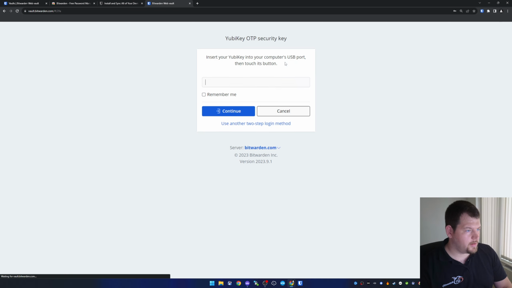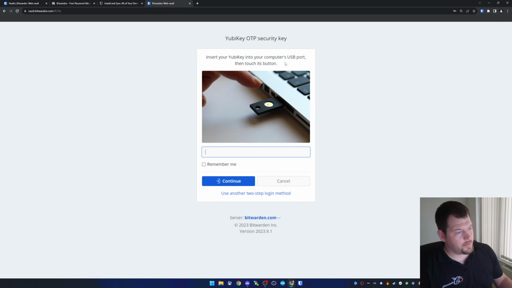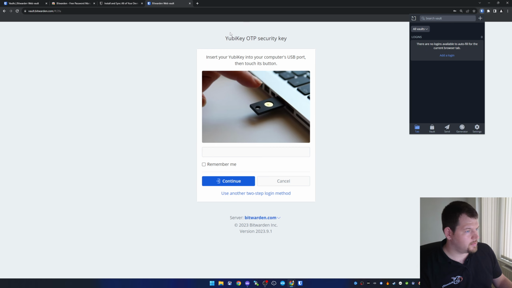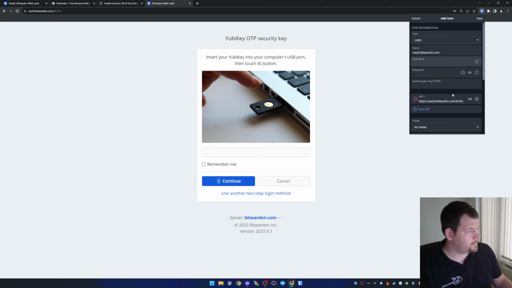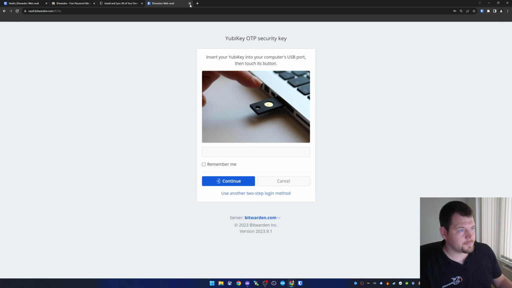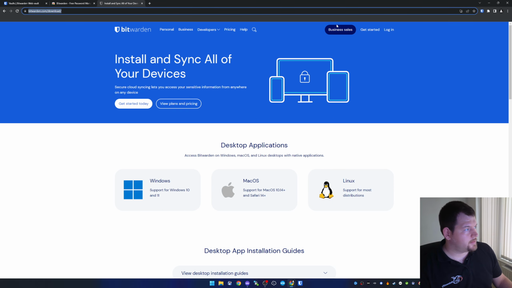And when you click login, here you will be presented with the YubiKey TOTP settings, but we did not get any prompt, so we need to add our login manually. And as you can see, you can fill in the username, password, authentication key, and